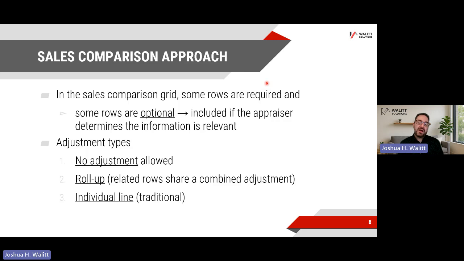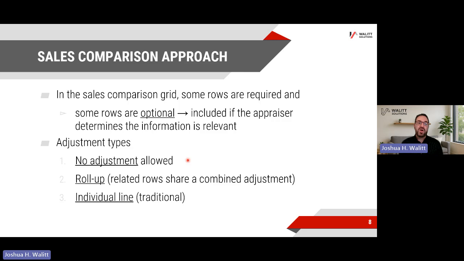And there are different adjustment types in terms of how the layout and format allows, where it allows, when it allows, what type it allows. And we'll take a look at that. You'll understand it probably through the visualization and seeing the example, but we have some that will have no adjustments allowed. Now, it might seem bizarre, but you'll understand as we take a look at that. You have some rows of information that is there for information, and there's no adjustment allowed there. It's either inappropriate or it's being handled in some other place.